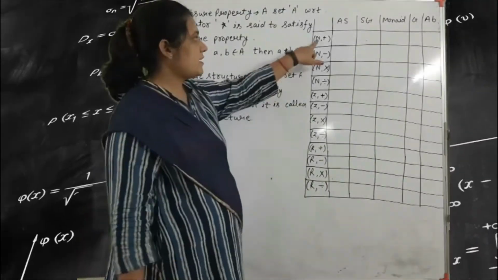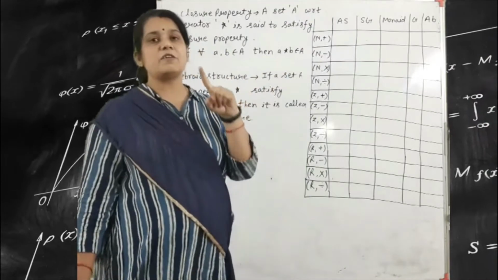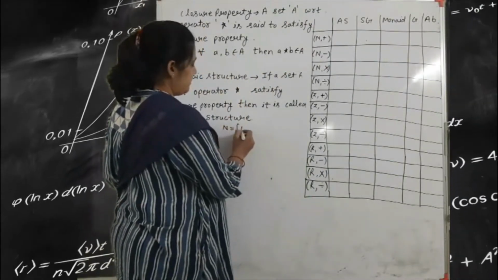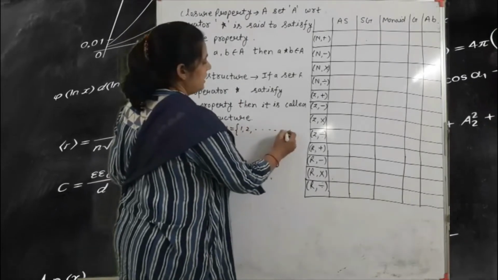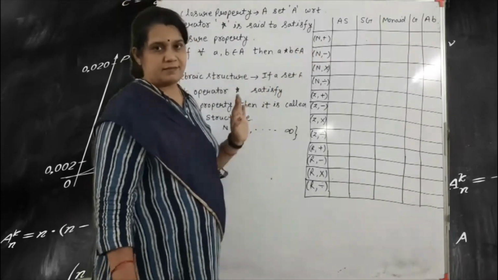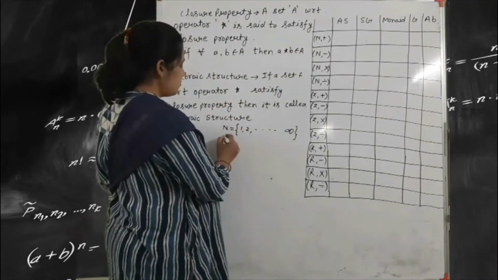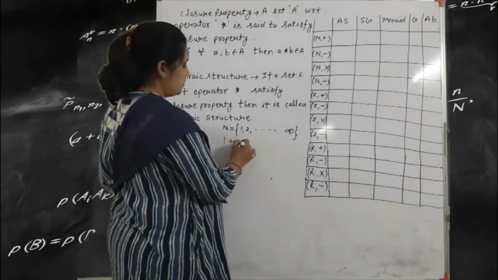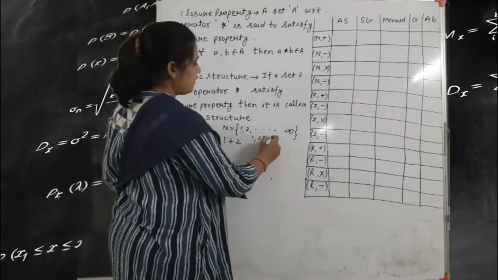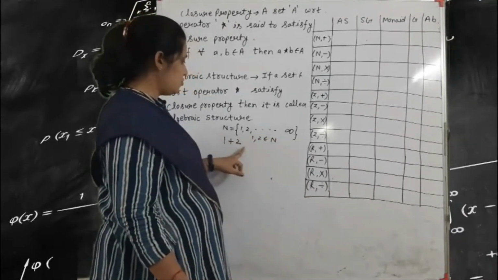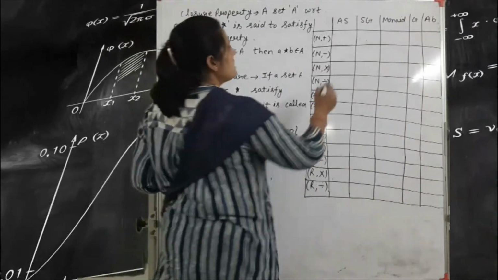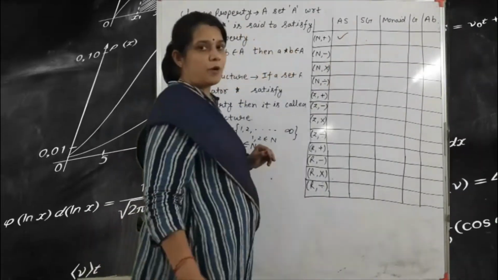Okay, so let's start. Here we use the set of natural numbers and the operator is plus. Capital N means 1, 2 up to infinity. So we use the plus operator. If we use 1 plus 2, 1 and 2 belong to capital N, so 1 plus 2 belongs to capital N. Yes, exactly. That means this satisfies the closure property.